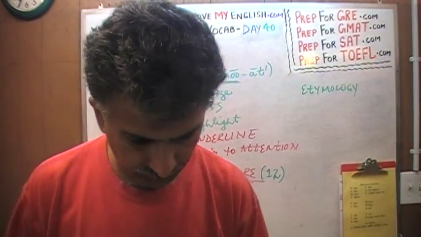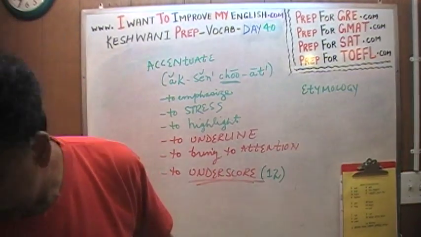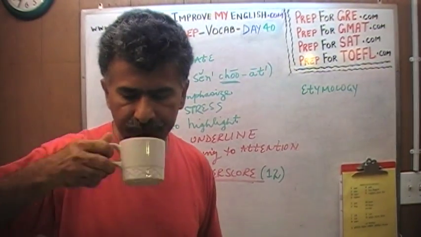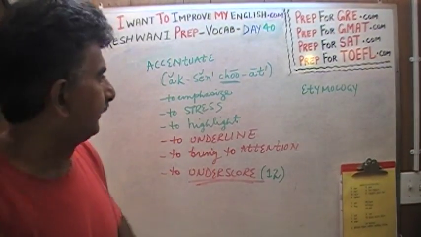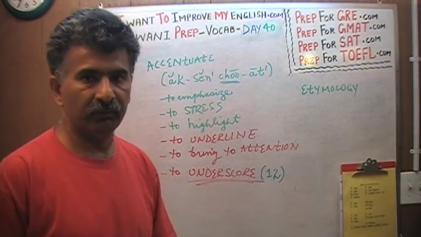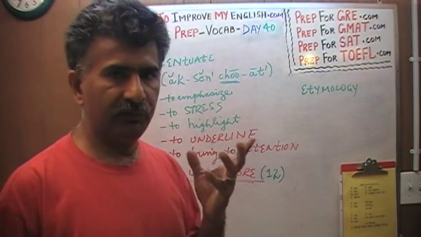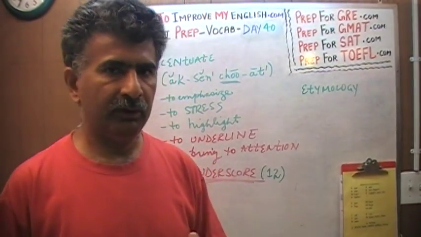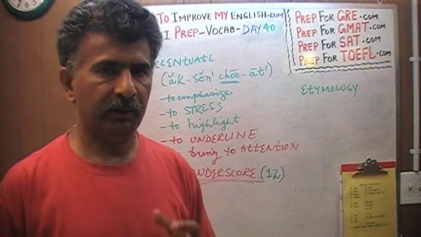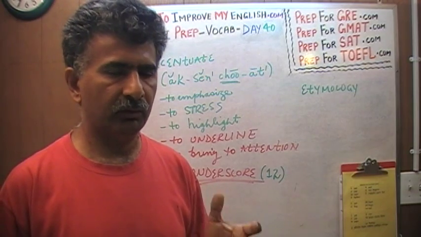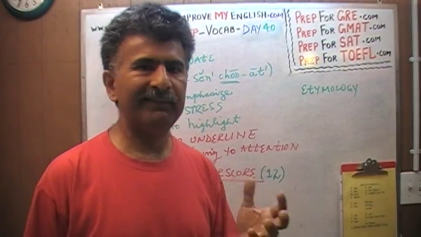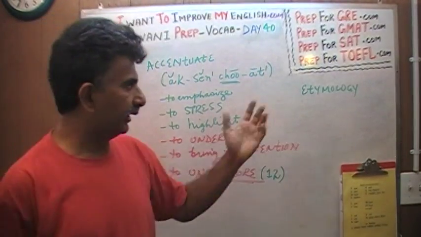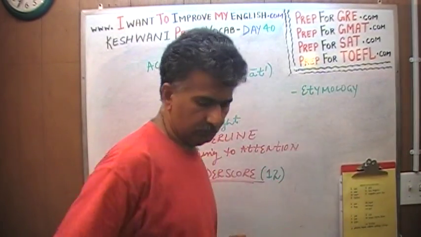Etymology. And don't worry about the times when I go around saying voila, because that's what we say in the desert. Hey, voila. Etymology. It means the history of the word, the story behind the words. Words have stories, they have history behind them, and if you learn that history or the background of the word, how the word originated, it makes it easier to remember the word. And that's called etymology. We'll cover it in the future.